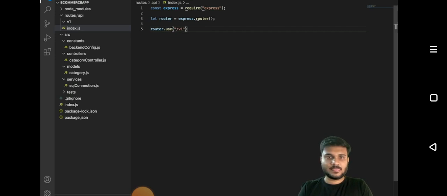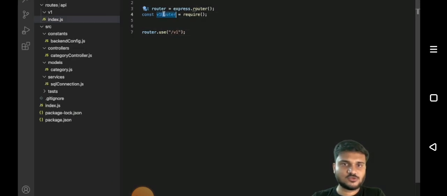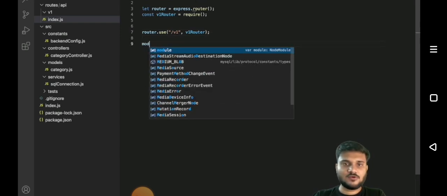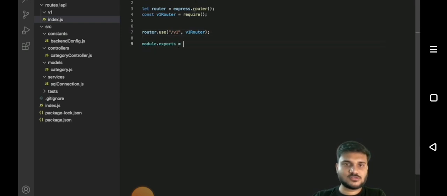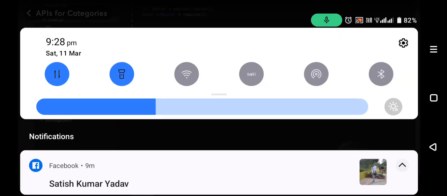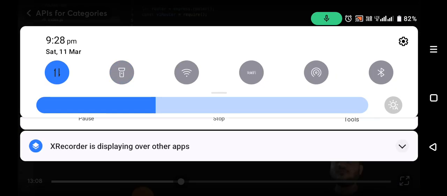slash v1, and we will say const v1Router is equal to require. We are going to actually set up a v1 router. I'll show you how, but first of all, let's pass this v1 router here, and we'll do module.exports is equal to router. Right, now what you have to do is go to the v1 folder